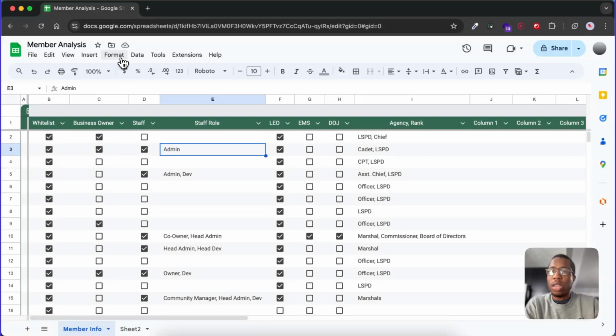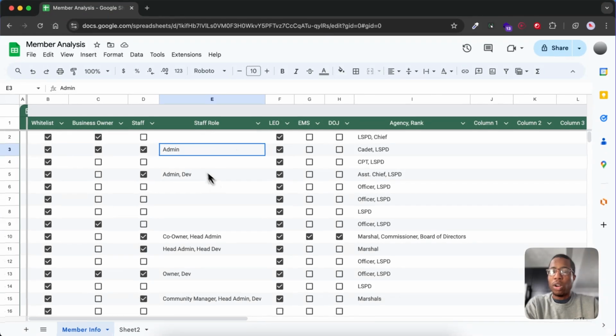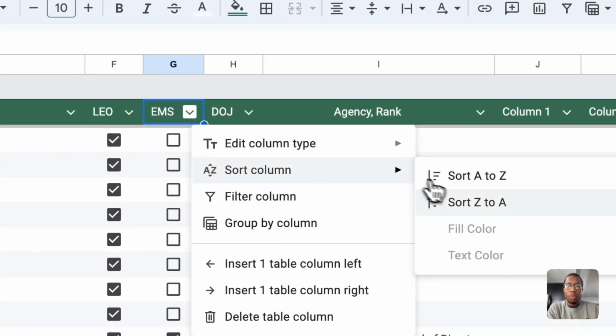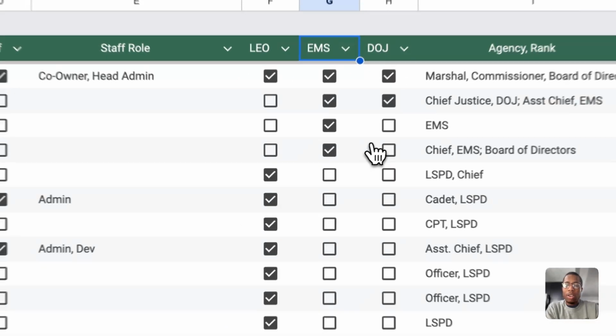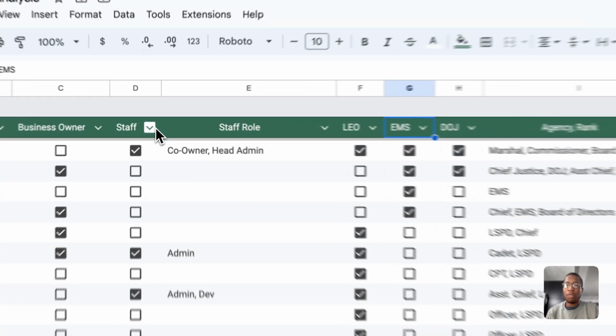If you select everything, go to Format and then Convert to table, it converts this to a table so you can do some more interesting stuff with it. Most importantly, what I wanted to do is be able to see who all is law enforcement and see some of the different information, how many leadership there are, just see the different compositions of these different groups. But one thing I noticed with this group in particular, and when you do this for your groups it might be different, is that their staff members are involved in a lot of different things,